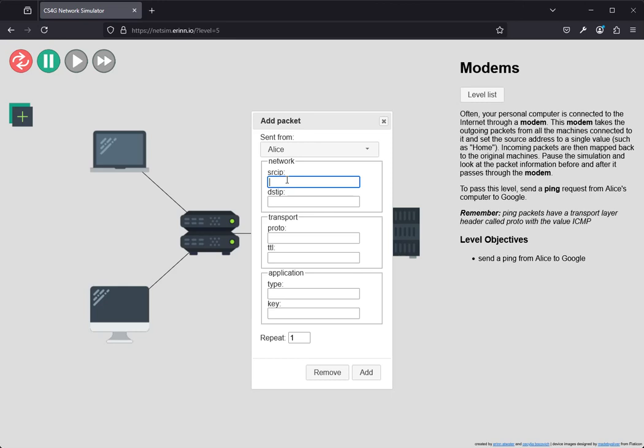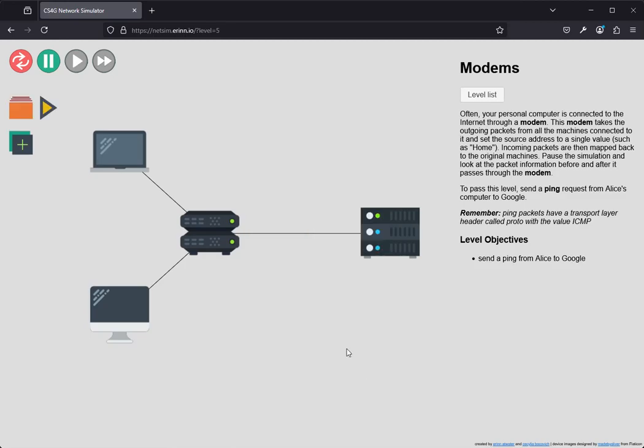In here, we're going to type Alice as our source, and Google as the destination. And then in the protocol box, we're going to type ICMP, click add, going to restart,